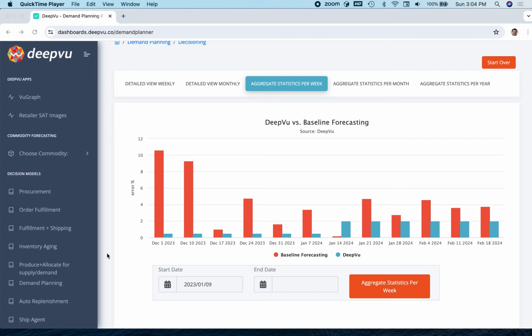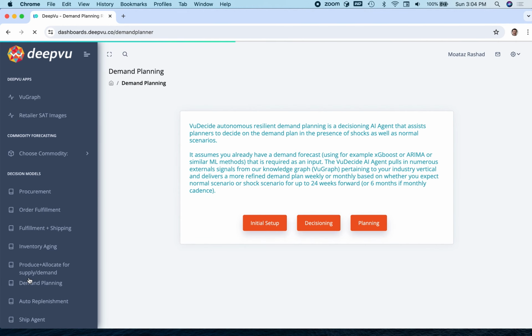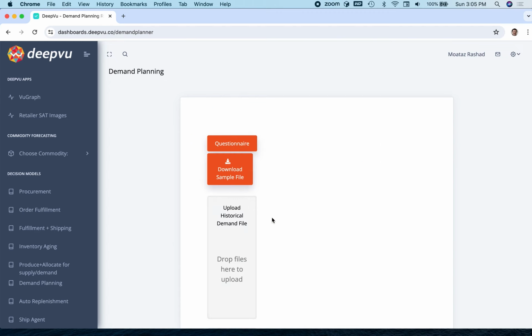So for the Vudecide Demand Planner app, which is our SaaS offering, you can see that we have 3 buttons here: initial setup, decisioning, as well as planning. In the initial screen, you'll see this questionnaire button where you will be asked a few basic questions about your product and the industry vertical that you're in, as well as the supply chain shocks that you have in